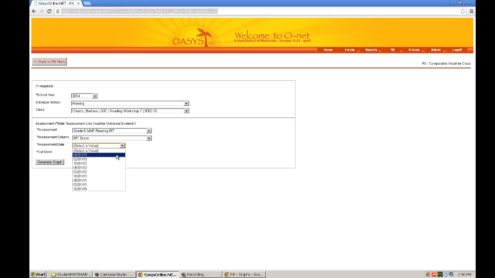Again, I'm going to select a date. I could do any date for these students, but we would want their spring of 6th grade. There is no cut score set in here, so let's say I want to look for a RIT score of 218 as my threshold. It's a little low, but